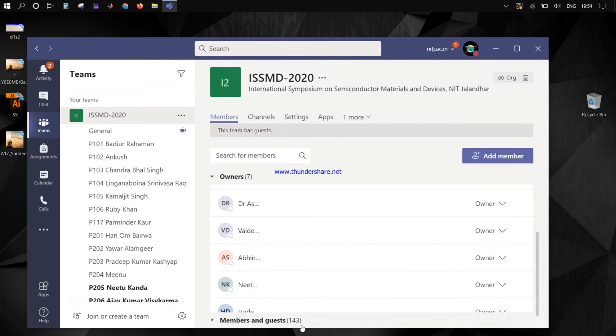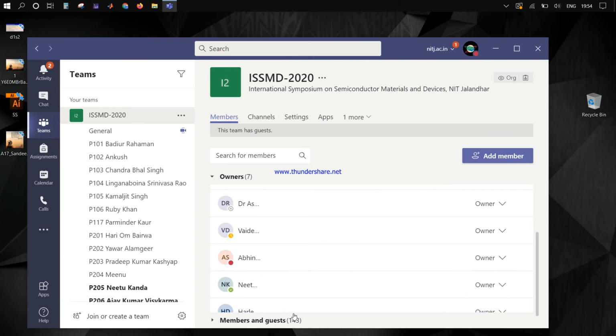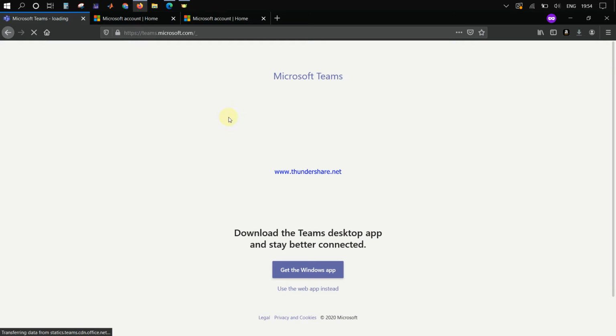There are 143 participants in this particular team, and they are already added as members. If you are facing any problem like I was, and this window appeared, that means there is some problem with your email. You have to cross check whether you are using the same email ID that you provided us to log in to Microsoft account or Microsoft Teams.